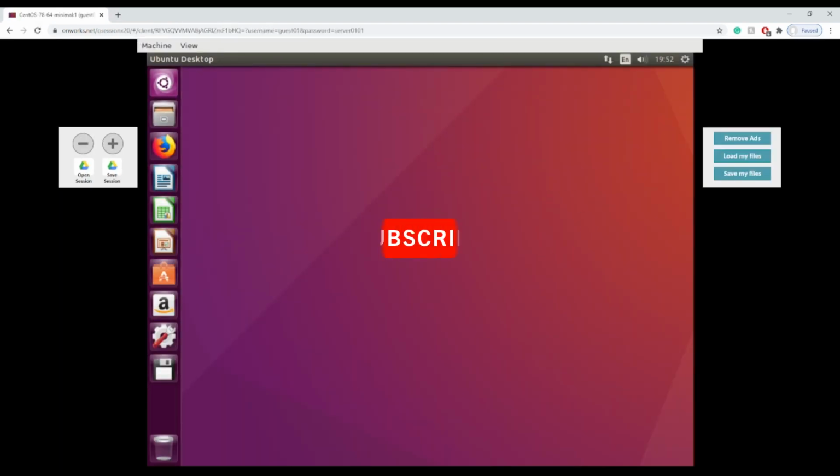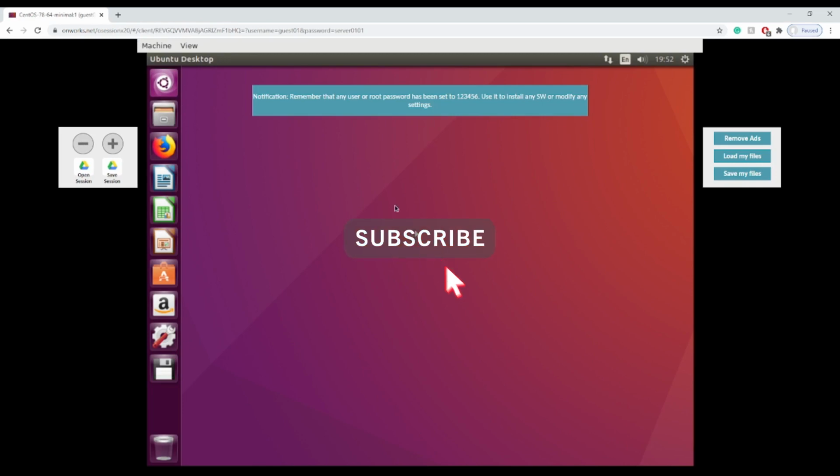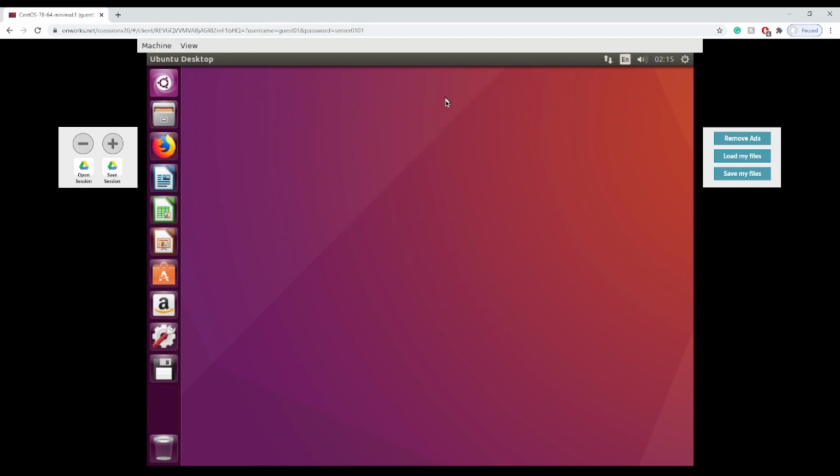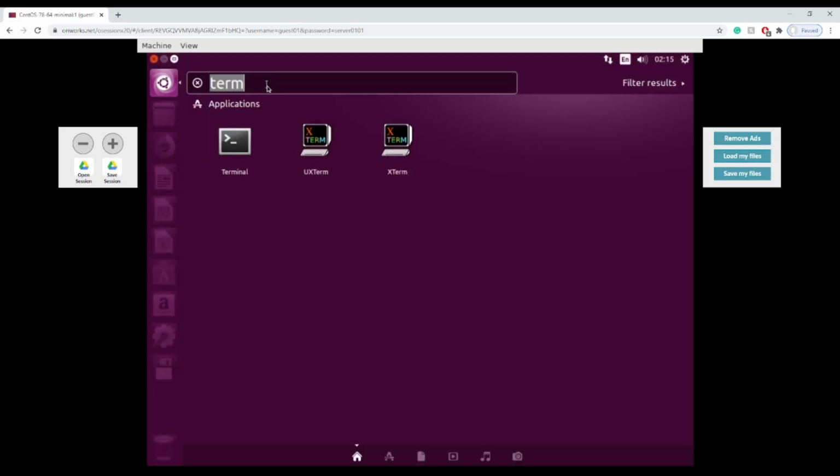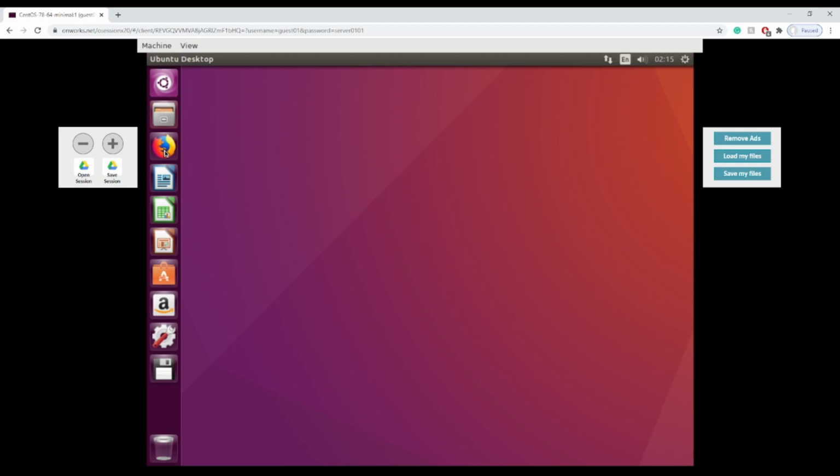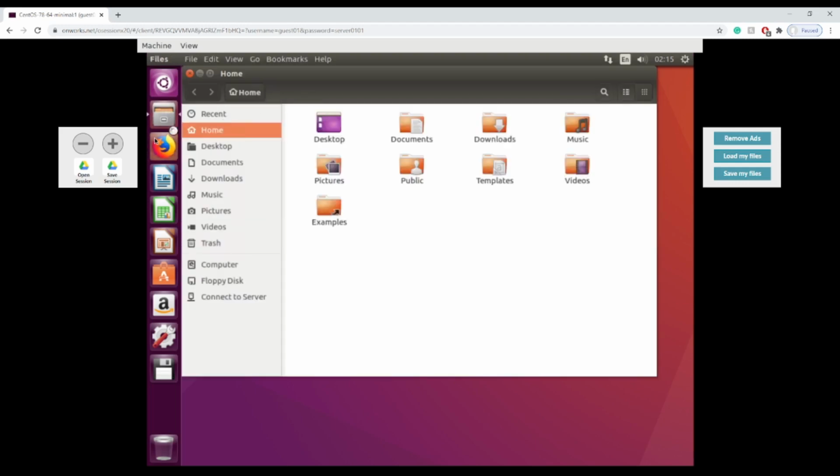Now here we are. We have everything here. We got our password, which is 1234. And then we can save our sessions, so if you want to save your apps. And so we can find the terminal, everything to install we need. And then we have a web browser,